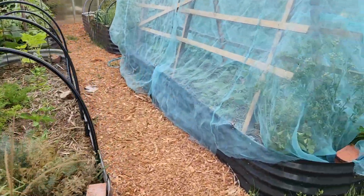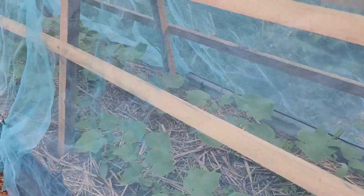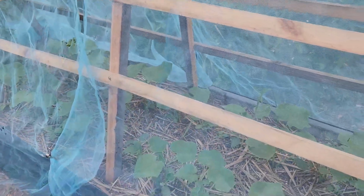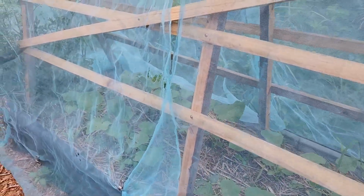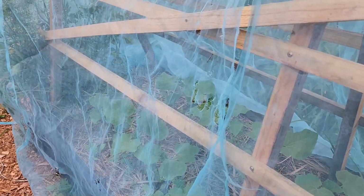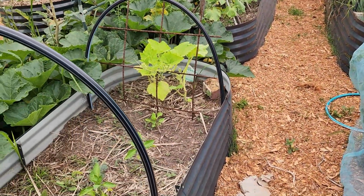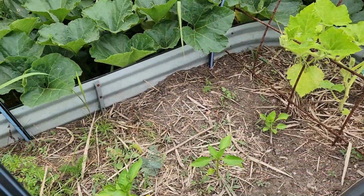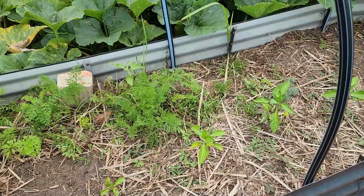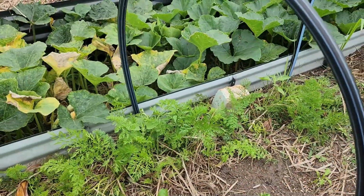And here the annual garden, I've got some cucumbers here. I will take the net now away. I put a net on, especially because of the crazy guinea fowls that decided to go and scratch in the garden beds, but it looks like maybe they left them alone. Here I have some tromboncino growing, and capsicum, and some